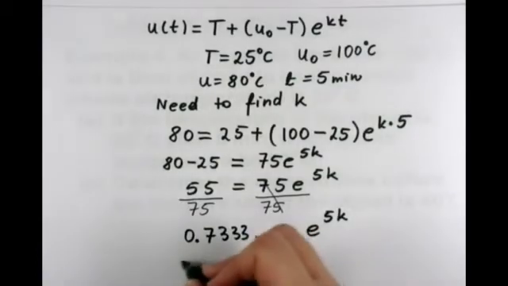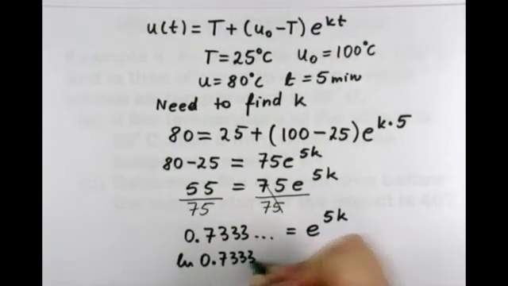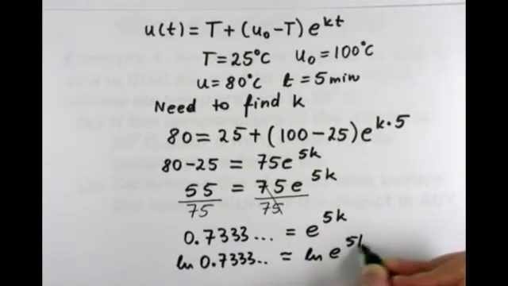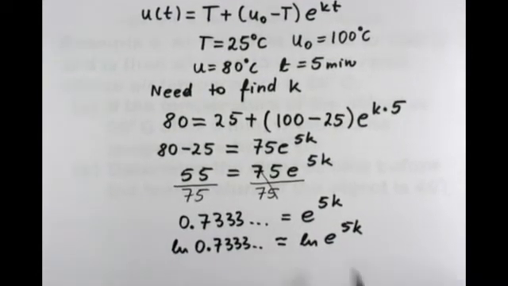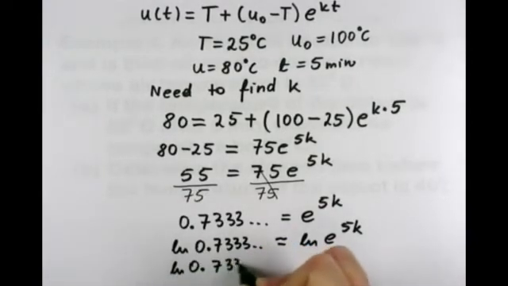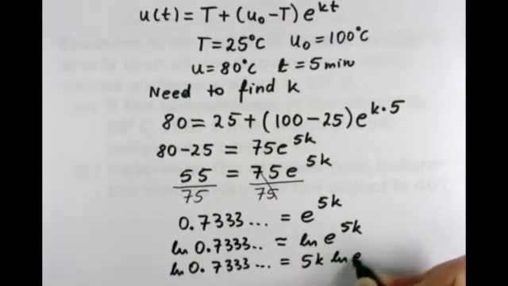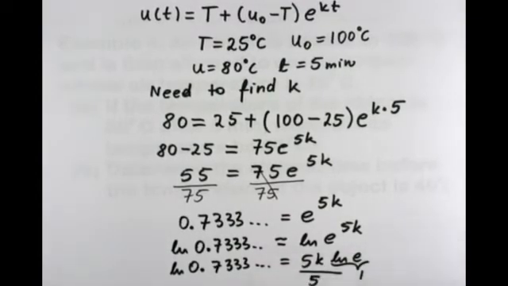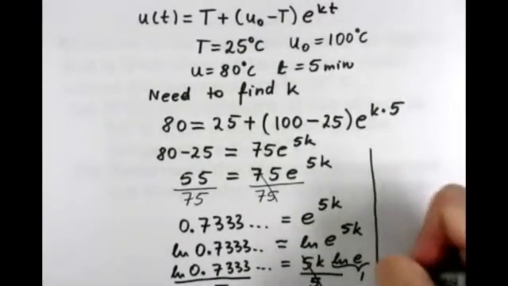I can take log of both sides. ln of 0.7333 is equal to ln e to the power 5k. By the property of logs, that 5k can go down the exponent. So we have ln 0.7333 is equal to 5k ln e. ln e is 1, so we can divide by 5. So my k is